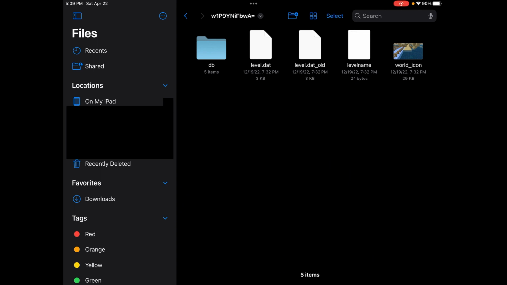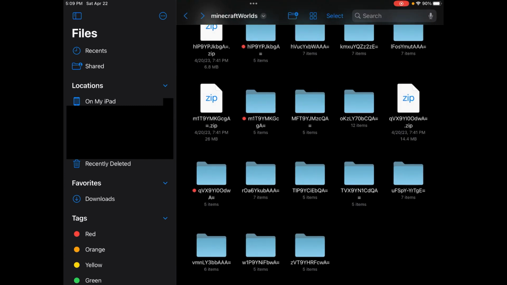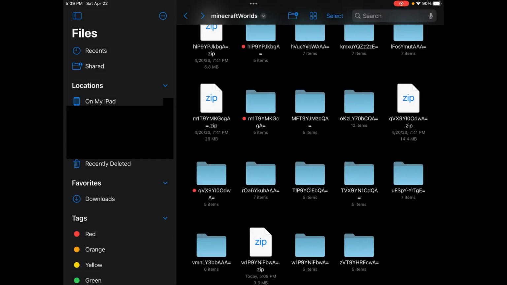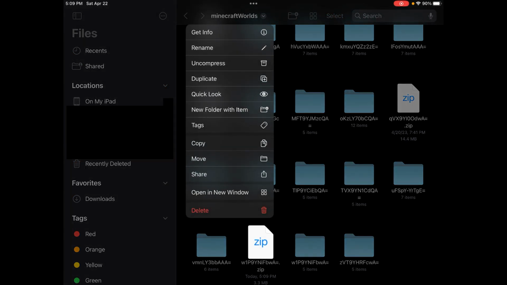Okay, so I found my world. Now what to do is go outside, then press and hold the folder that you want and click compress. And then you will see a zip file. Now this zip file right here needs to be